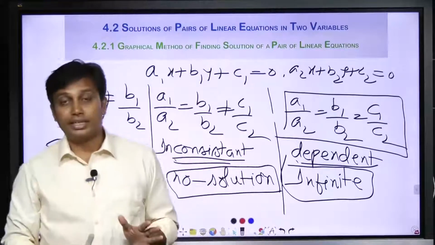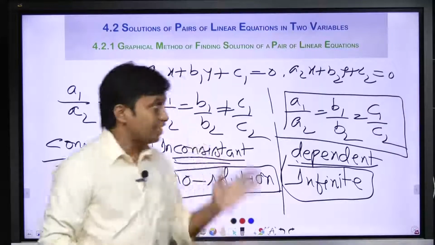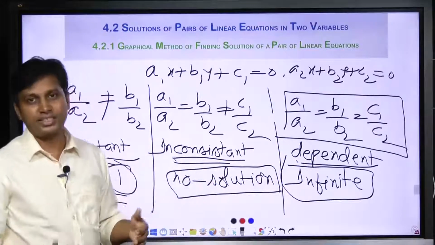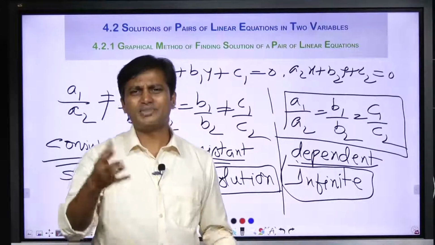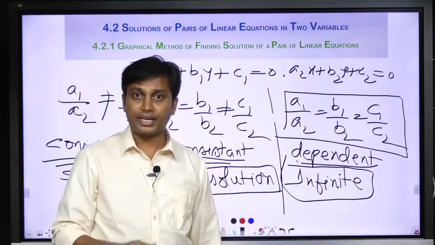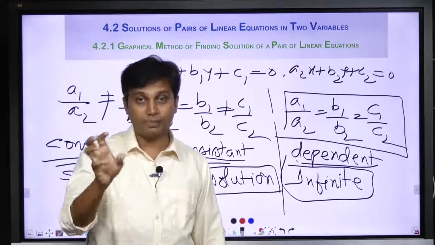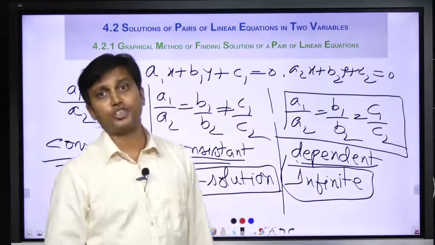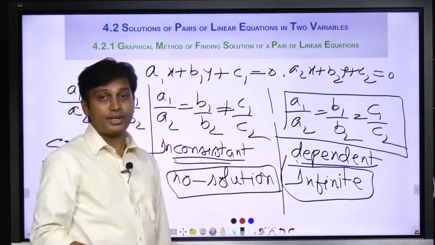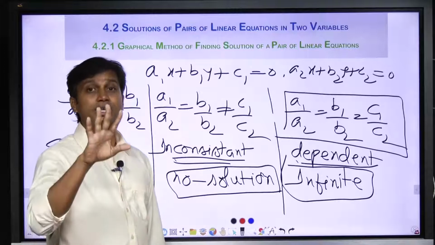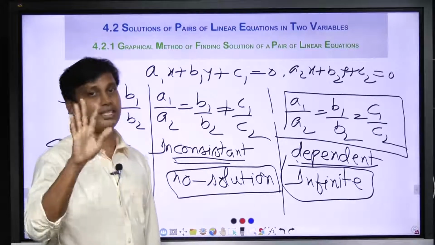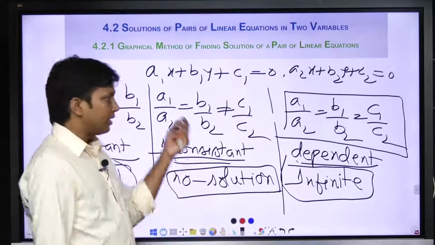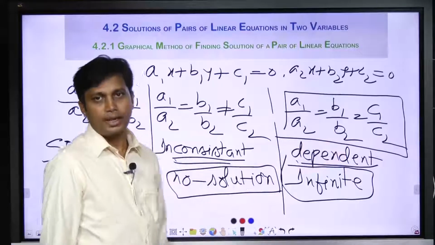Understood or not? But it is not possible to check which type of equations are given using the graphical method. It is highly impractical, because it is very time consuming. We need to take the first equation and obtain the ordered pairs, and take the second equation and obtain the ordered pairs for that also, and then after plotting the graphs, it will take a lot of time to decide whether those are consistent or inconsistent or dependent. So we need a simple method for checking consistent or inconsistent or dependent.